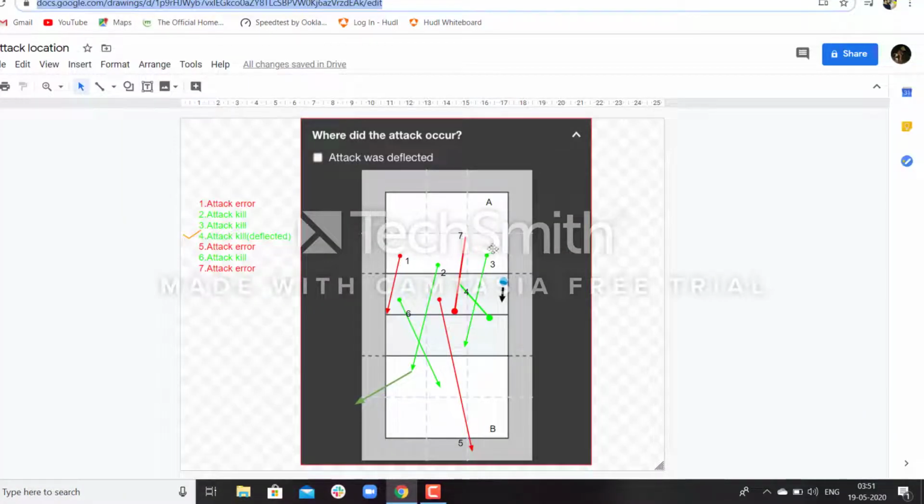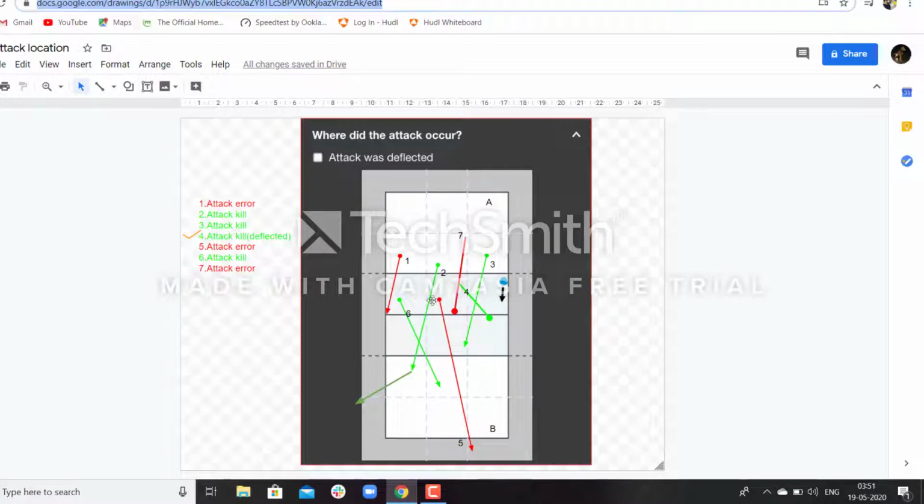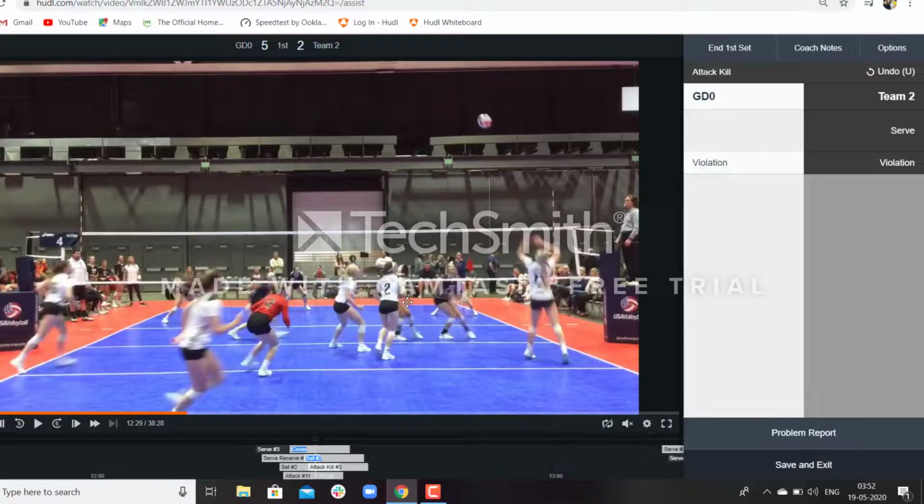Now let us learn about back row attacks. What is the difference between back row attacks and the frontline attackers? Okay, so consider if a player from team A is attacking from behind the line and the ball is traveling inside the court or outside the court of team B. So whether it would be attack kill or attack error, the starting location will depend on the back row player and the frontline player. For an example,